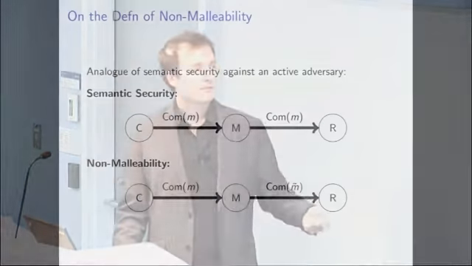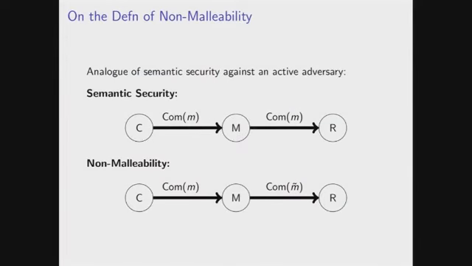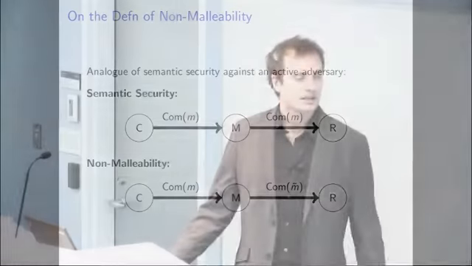All right, and non-malleability is sort of the same idea, except now the adversary, like the channel, is hostile, and he can actually change the message, or overwrite the message, or just not send the message. And so at least Dolev, Dwork, and Naor, they were sort of asking what kind of security can we hope to achieve in this much more hostile model. So from this point of view, you can also ask the question, why did it take so long? Semantic security was in '82, and only 10 years later this very natural generalization